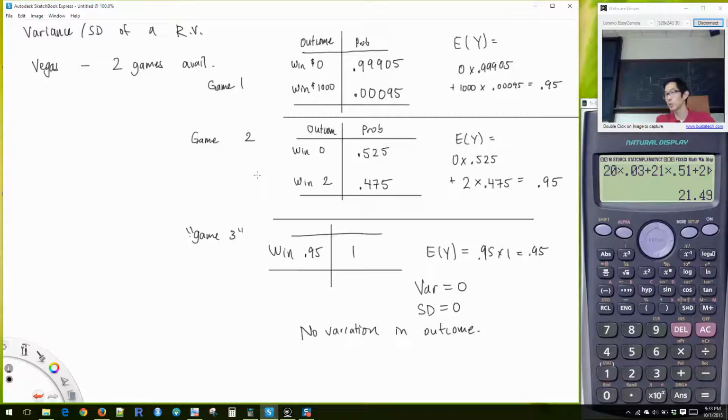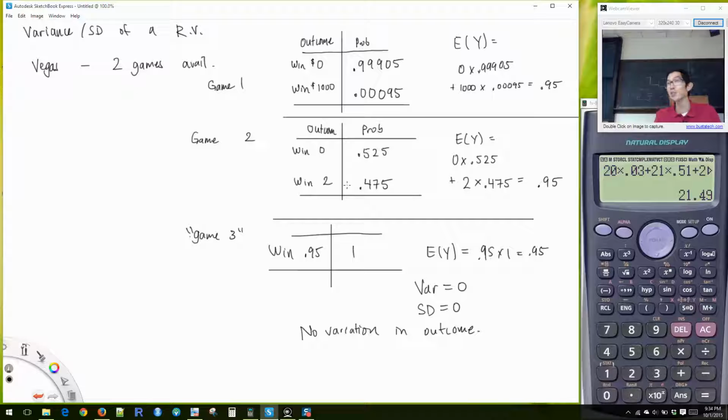Okay. Over here, the variation would be fairly small in that you're either going to win $2 or 0, okay? You're not going to play this game to try to get rich quick. Well, neither of these games are the plan to get rich quick, but if you wanted to try to get rich quick, the one that you should try would be this one. It's very unlikely that you'll win, but you might win, and when you win, you win big. You win $1,000, okay? And that's kind of what those flashing lights and all of those slot machines try to lure you in by. They have this giant number that says you might win, you know, $100,000 or whatever,